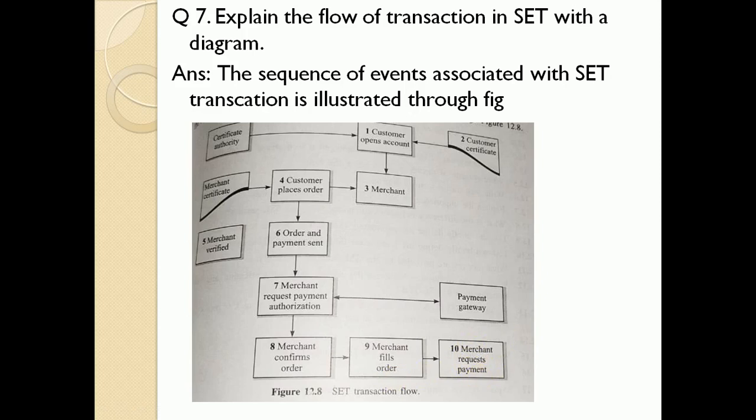So here the customer opens an account and obtains a credit card account with a bank to support the electronic payment in SET. This customer receives a certificate after suitable verification of identity. It establishes a relationship between the customer key pair and the credit card. The merchant has a certificate consisting of one key for signing a message and one for exchanging the key. So the customer receives the merchant key. In the order of these numbers, they perform the transactions in SET.